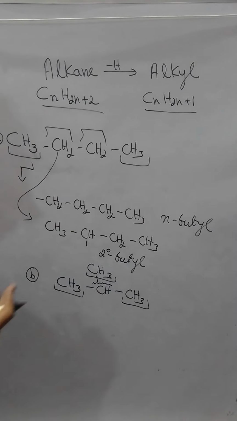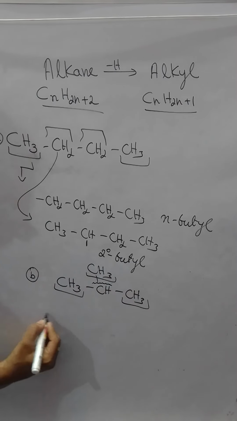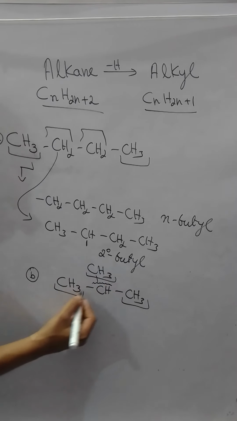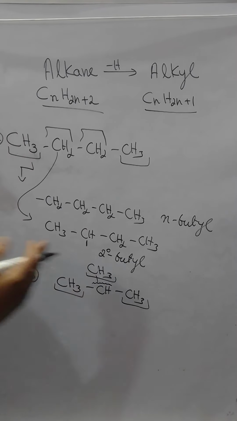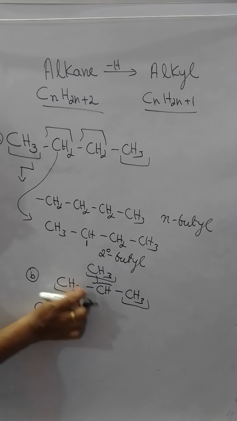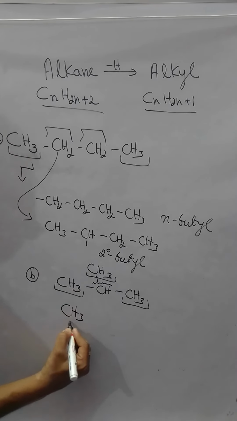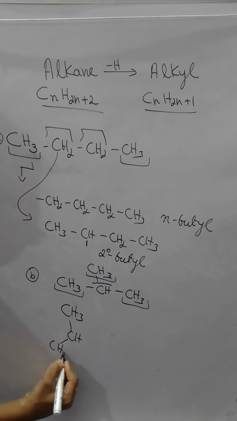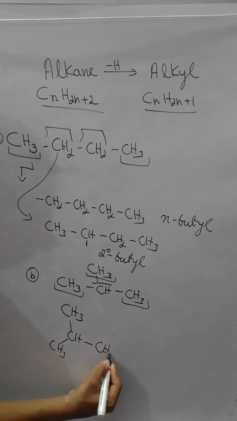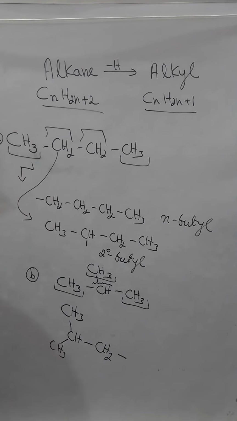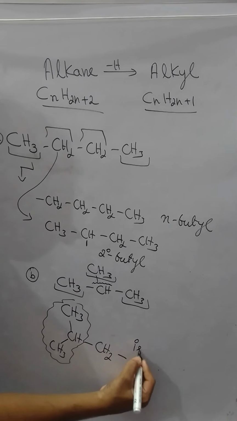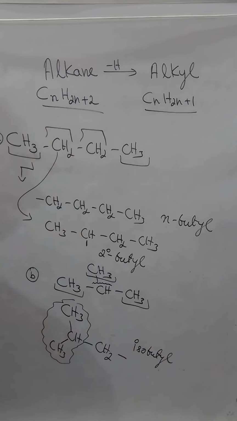So, I can expect two butyl groups over here. If I remove hydrogen atom from any one of these, let me remove it from here. You can remove it from here, you can remove it from here, no problem. It is one and the same. So this will be CH3, CH, CH3, CH2. Okay. Now what is the name of this group? Remember, if you have this one, CH3, CH, CH3, this will be your iso 4 carbon atom alkyl butyl. This we call isobutyl.